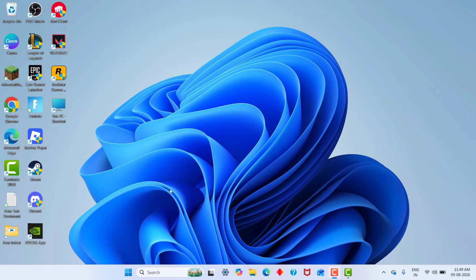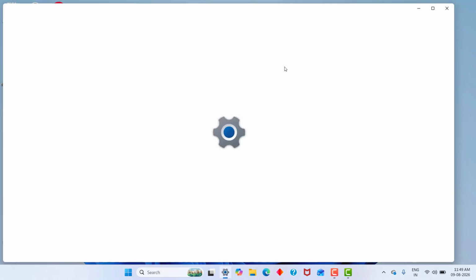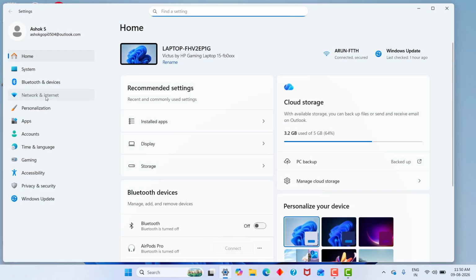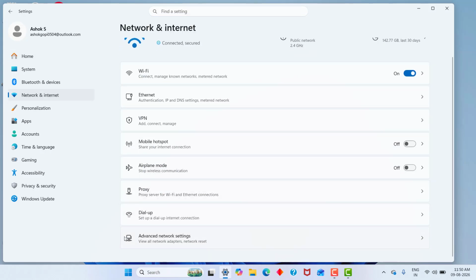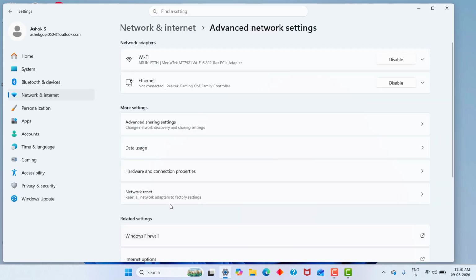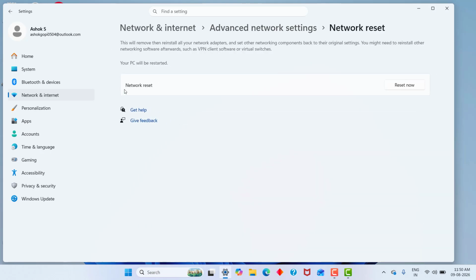How to fix Rockstar Games? We are unable to handle your request at this time. 1.500.7 error. First step, click Settings, click Network and Internet settings, click Advanced network settings, click Network reset and click